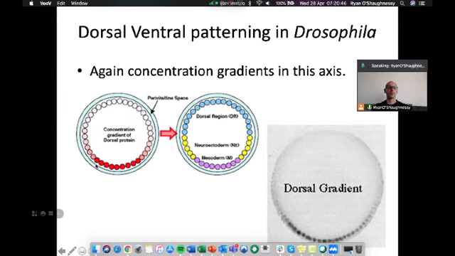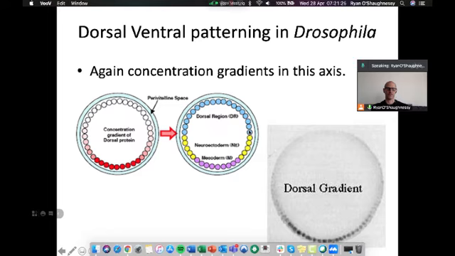So if you have no dorsal, sorry, you have no dorsal, you have a dorsalized embryo, my apologies, and that's because dorsal is expressed in the ventral part of the embryo. And our concentration of dorsal determines the fate of the tissue during gastrulation. So in high levels of dorsal concentration we get mesoderm. In intermediate levels we get neuroectoderm, and then at low levels of dorsal expression we get the dorsal region of